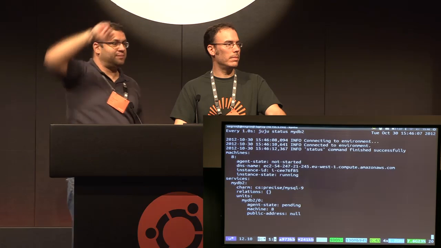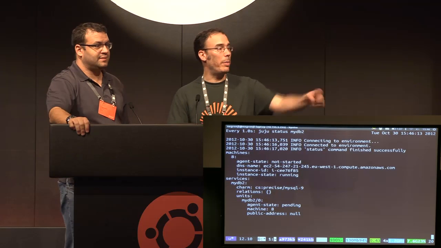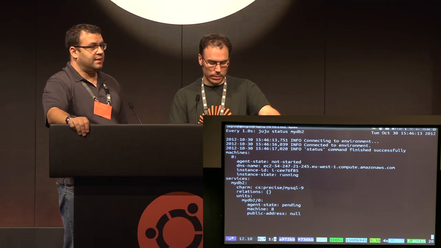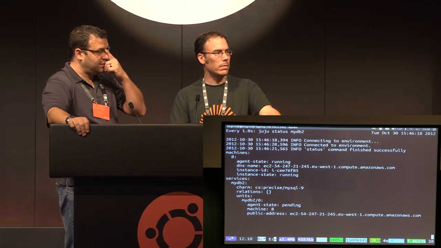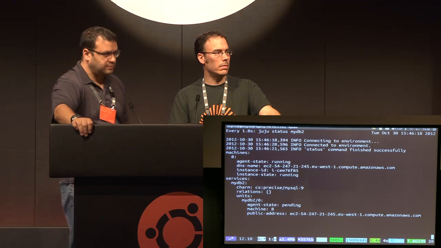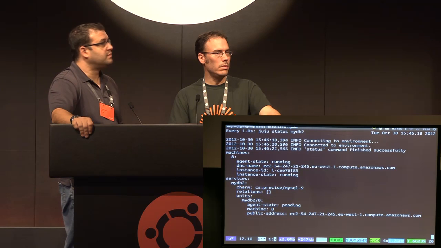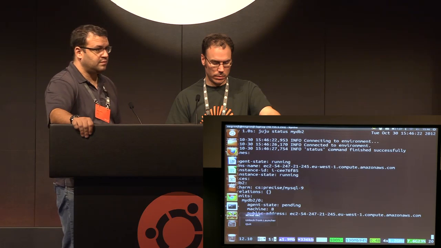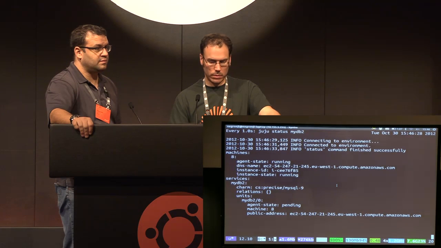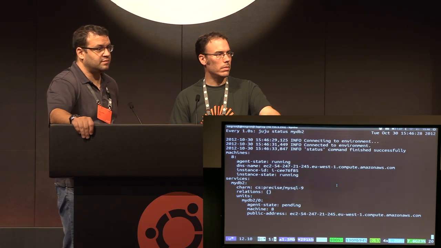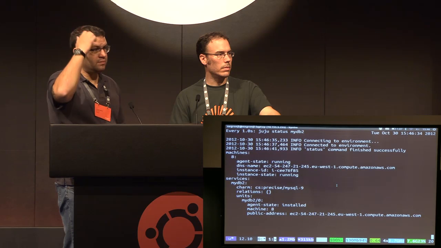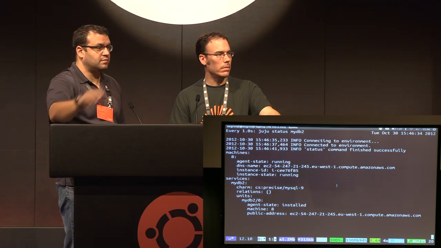Okay, so for the case of the WordPress charm. Repeat the question. Oh, yeah, so the question was, how is the WordPress charm load balancing? Is it a separate load balancer, or what is happening in this case? And so in the case of the WordPress charm, whenever you add a unit, there's a separate relation that fires that says, all other units that are out there, all peers of this service, talk to each other, let us know that we're available. So Nginx then writes a reverse proxy so that whenever you hit any of the webheads,